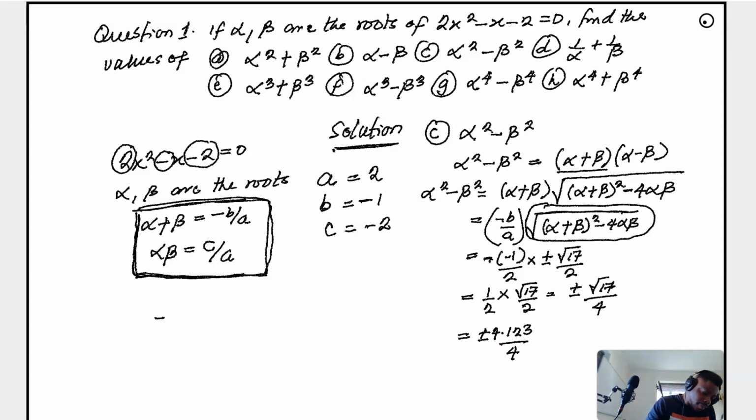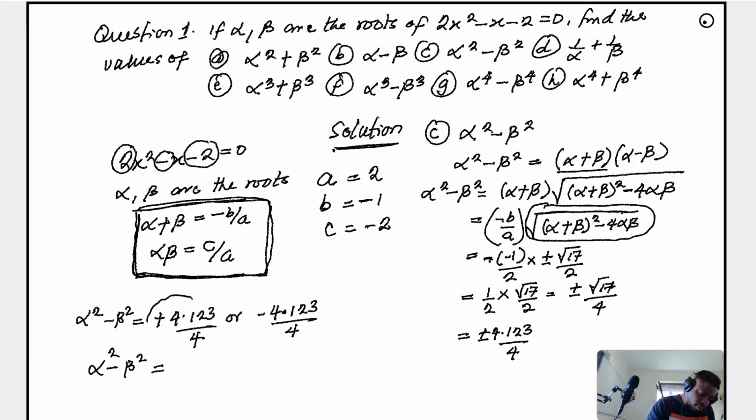So plus 4.123 divided by 4, or then I use minus 4.123 divided by 4. So alpha squared minus beta squared is equal to,